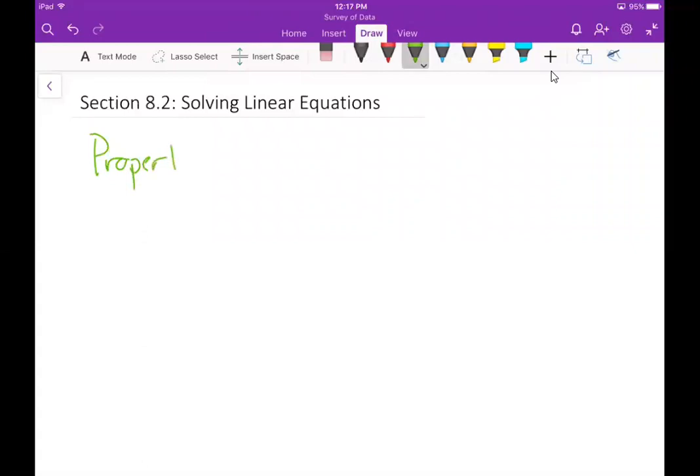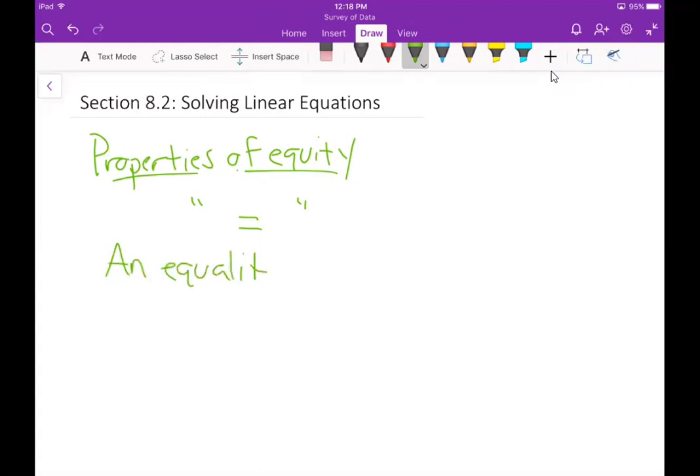Properties of equality. The big thing you want to take away from these properties of equality is that when you have an equality, which means you have something equal to something else, something on this side and something on this side, that equal sign will remain true no matter what you do to both sides. You can do all operations to both sides. So that means an equality remains true